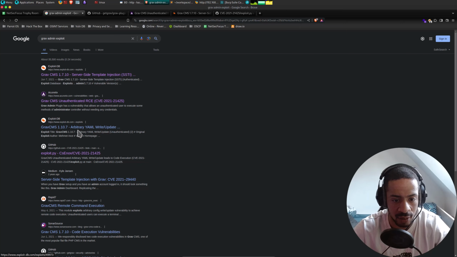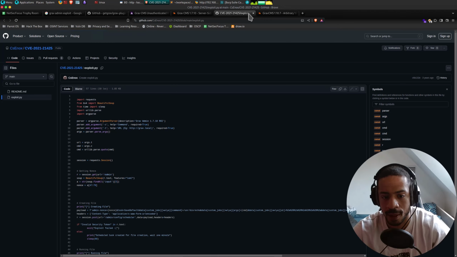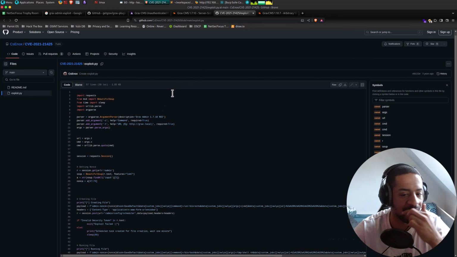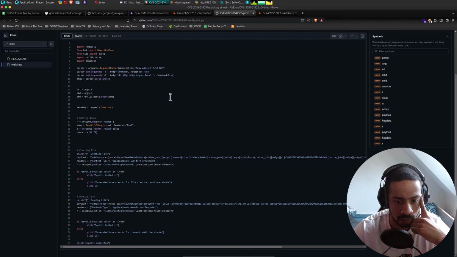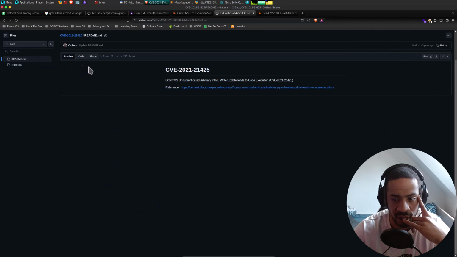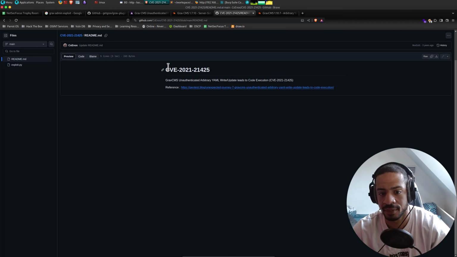And we've got this arbitrary YAML write update. Okay, so this and this is the same. What do we have here? Let's go with the README. Unauthenticated, yeah, so it's the same thing.